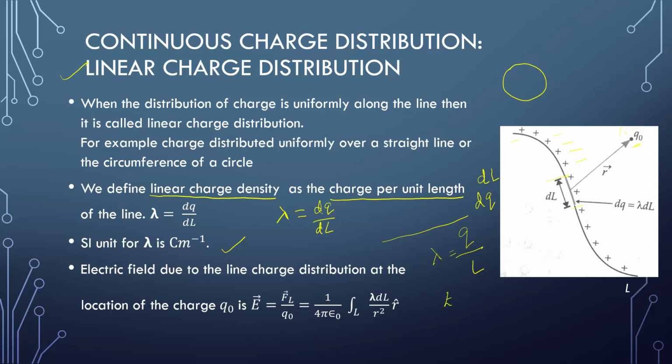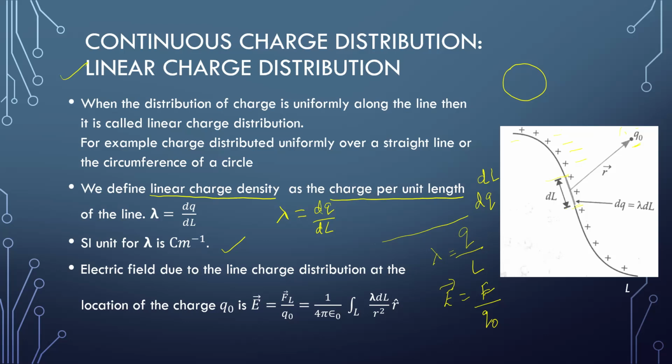Now according to the definition of electric field intensity, we know that electric field intensity E is equal to F by Q0. Now F over here will be, if I consider this to be a small line element, as I told you, dl, then according to this dl, dq by dl is equal to lambda, right. So dq is actually equal to